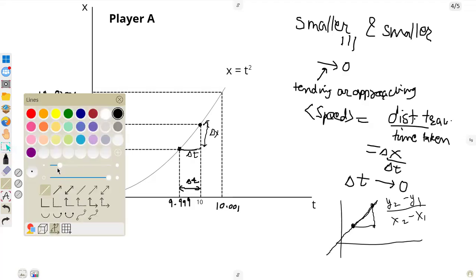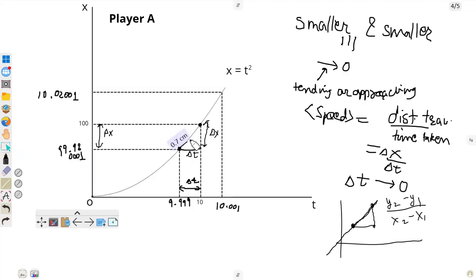This is actually the slope between these 2 points, right? This is the slope. Now, as we get closer and closer, also हमने क्या किया है, एक बार तो 10 से कम, हमने पहले इनिशियल जो हमारा टाइम था वो एक बार 10 से कम लिया, और एक बार हमने फाइनल टाइम जो था वो हमने एक बार 10 से ज्यादा लिया।